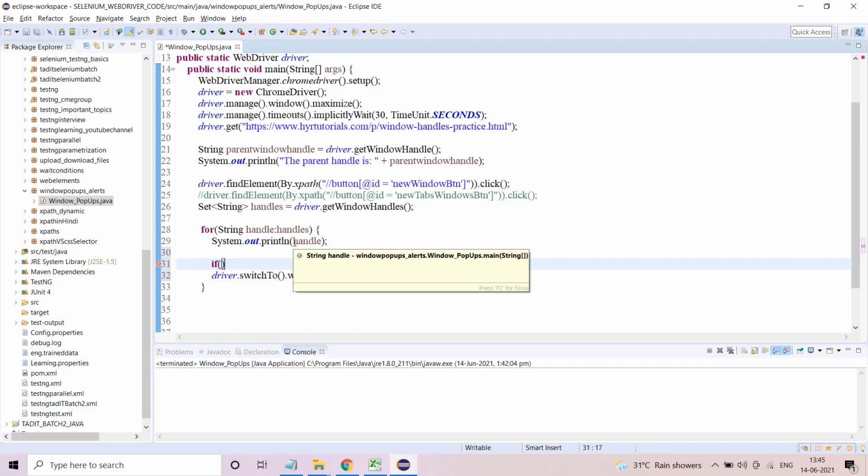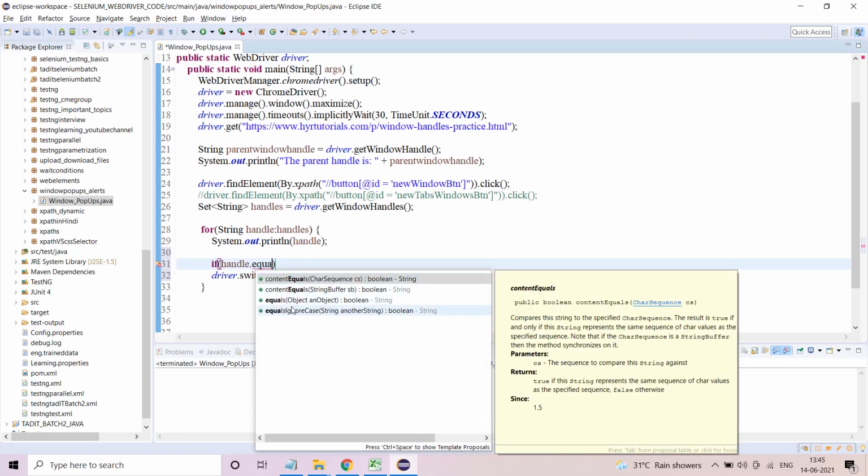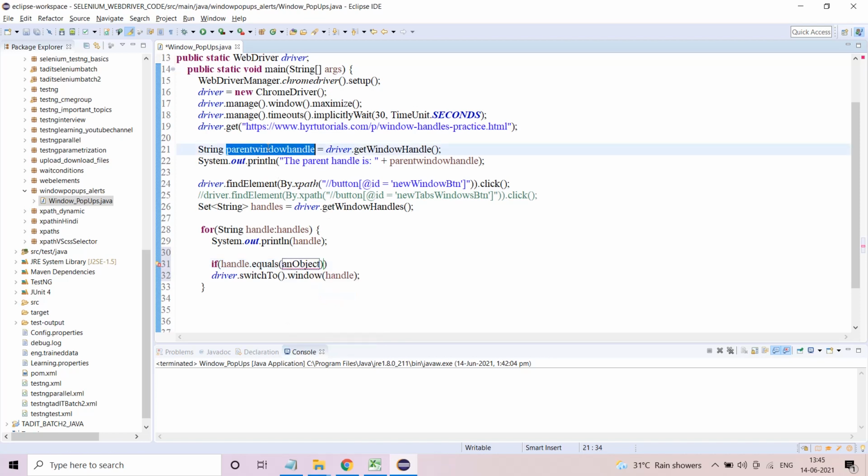How do I determine this is the parent window or not? So you have to write handle dot equals, so this one will not be the parent window, so you have to copy this. Okay, and this should be not.